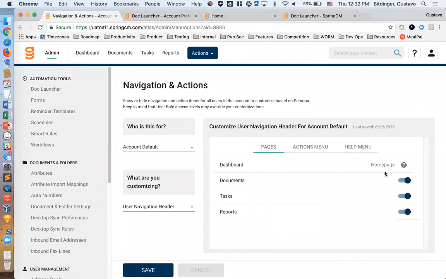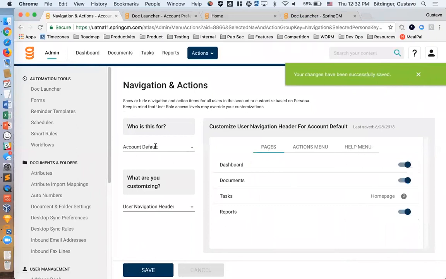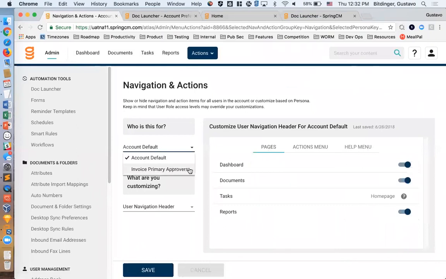If you hover anywhere on the row, you're going to see set home page. You just click on that and save, and that becomes a new home page for the account. I happened to do that for the account default, but in fact, you can create different default home pages for different personas. And you can turn off certain tabs if you don't want certain users to see those tabs either. So there's a lot of control now in this one nice configuration screen, both for the entire navigation,